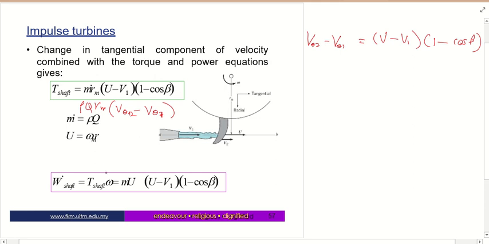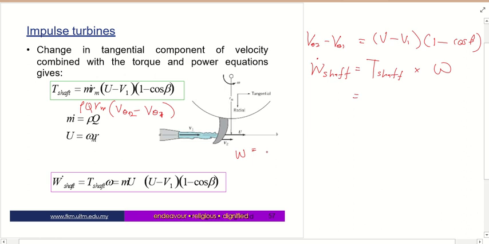Okay, or we can define the power produced from the shaft, which is equal to the shaft torque multiplied by omega, which is the angular velocity for that particular shaft. Okay, so T shaft multiplied by omega, we will get